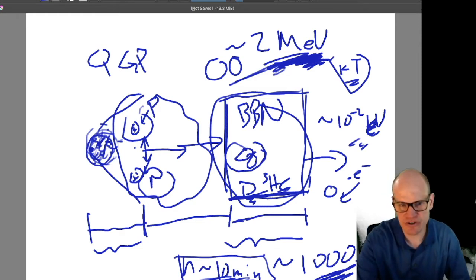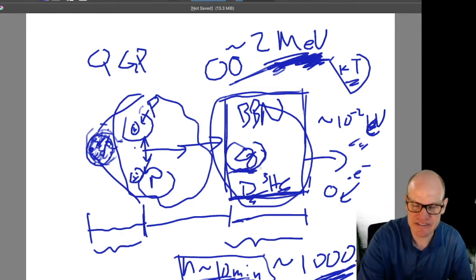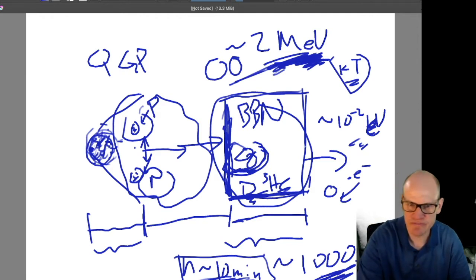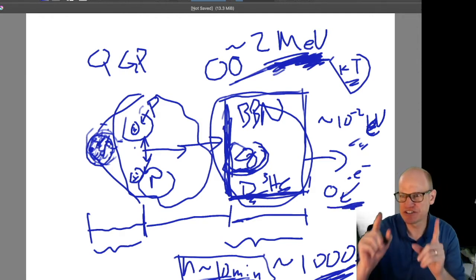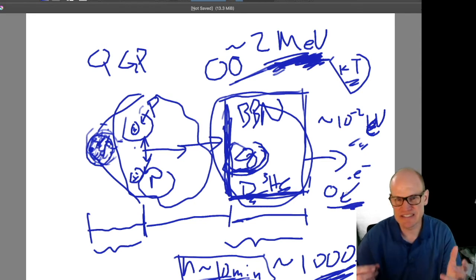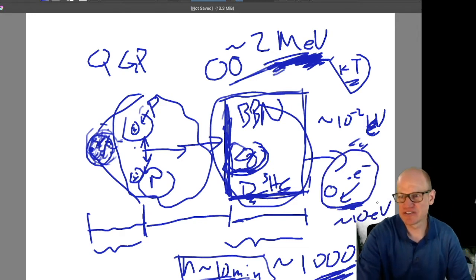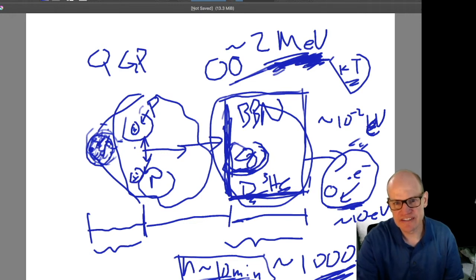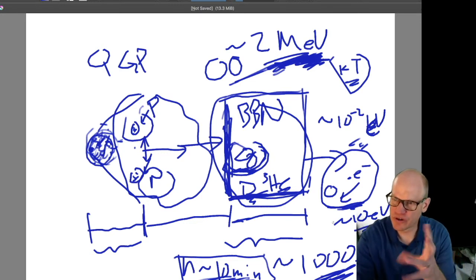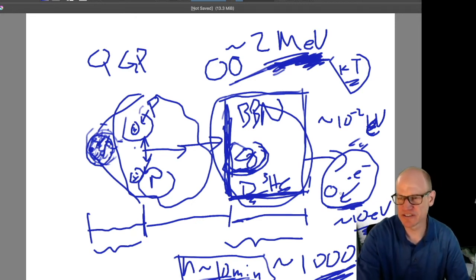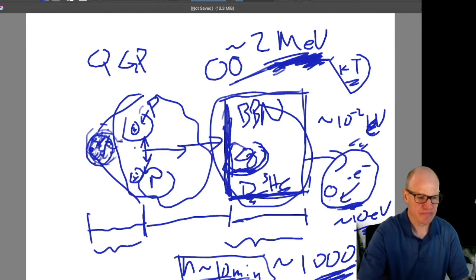So in this case, with the strong nuclear force, there's a binding energy associated with binding things together, and then you compare that to the temperature, and that will allow some kind of transition to happen once the temperature drops below that threshold. Same thing with neutral atoms. The binding energy of the electron to the proton is like 10 electron volts. So the temperature has to cool down to 10 electron volts before you're able to form neutral atoms. Otherwise, the electrons are going to be knocked off by successive collisions.